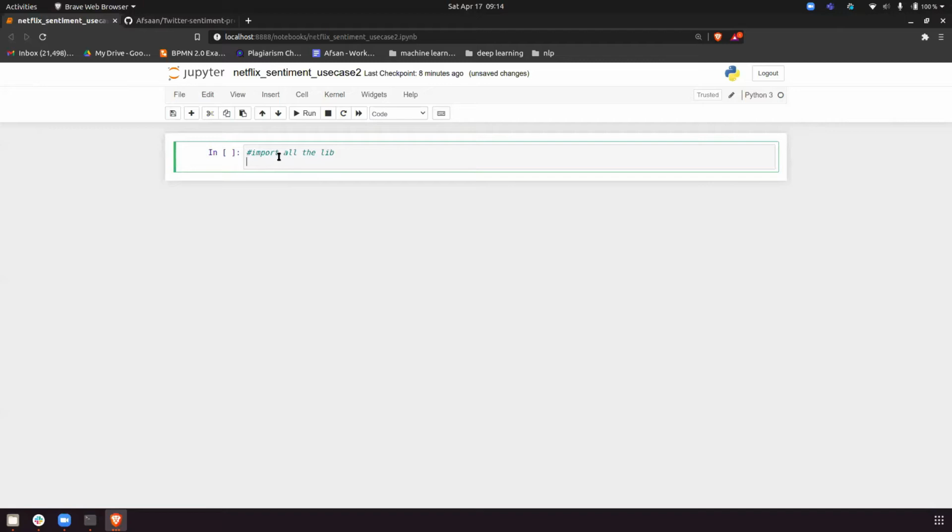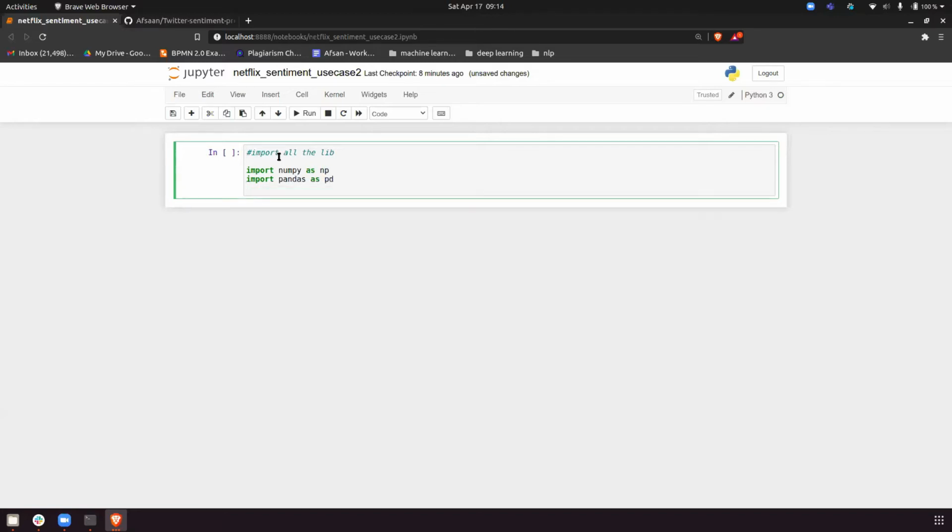The libraries that we installed: import numpy as np, import pandas as pd.